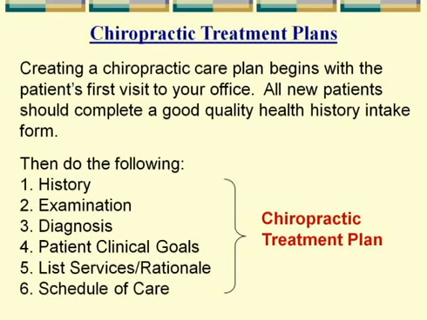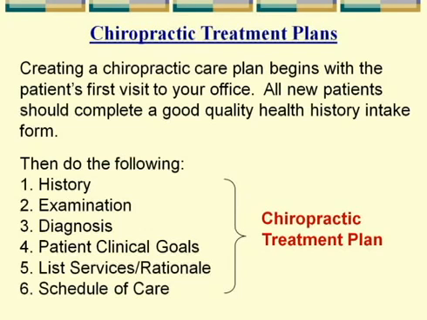Also with appeals, you may have the patient fill out certain forms that your malpractice carrier requires you to fill out. So there's a lot of forms that pretty much every office is going to have the patient fill out. Once all those forms are filled out, then as far as creating the actual plan for care, you should do